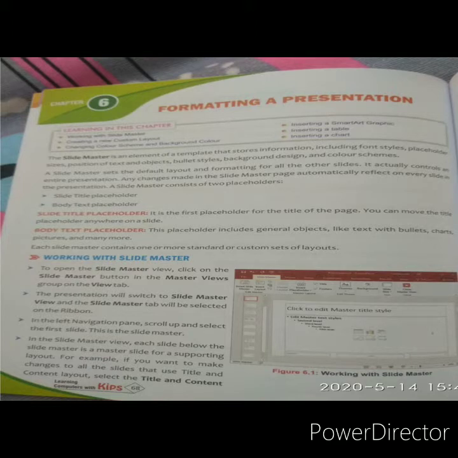A collection of slides. There are a number of slides in a presentation, and we have to arrange them in sequential form. And it represents our idea, what we think about a particular topic. If I give you a topic to make a presentation on my school, then it's your idea what you will do in that presentation. What you will show, which picture you will show, which content you will write.